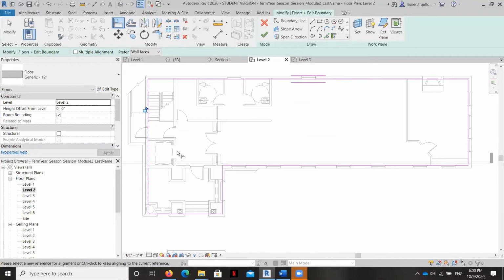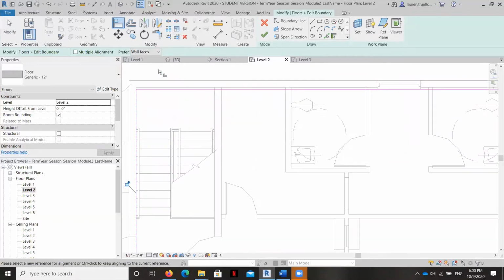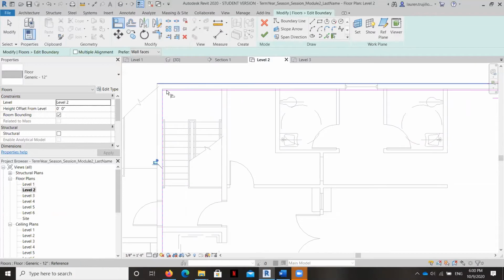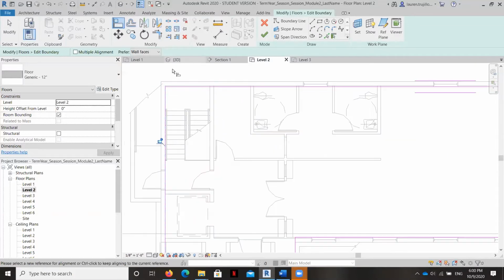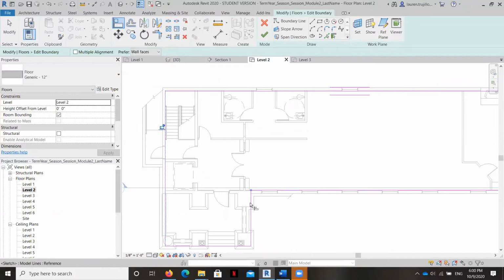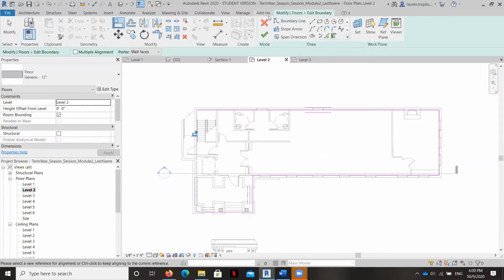Okay, so now you can see this is the new location of the floor slab, and it's set within the exterior walls. And you can see, of course, that there's going to be some walls that are thinner than others, which we'll address later. But for right now, that's where we want our floors to be. And just keep in mind, it's easy as making lemonade to change the location of the floor slab. Once it's where we want it, I'm going to hit my checkbox.